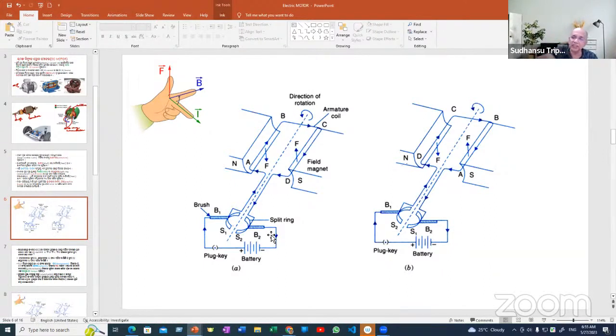The constant current flows, constant force is applied there, on the two sides of the coil which are perpendicular to the field, but not those which are parallel. Nothing acts on them, it doesn't matter. That coil keeps rotating, it moves either this way, or if you change the polarity of the battery but DC remains, then